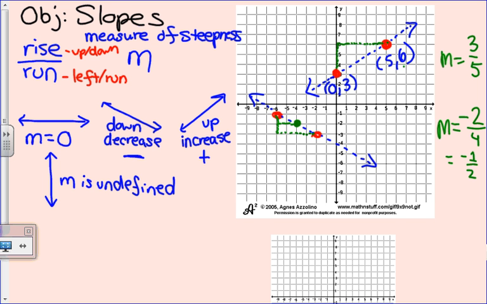Only one of them can be negative. So down is a negative. To the right is a positive. And I always like to practice these from the farthest left point to my other, like reading a book. If I went to the left,